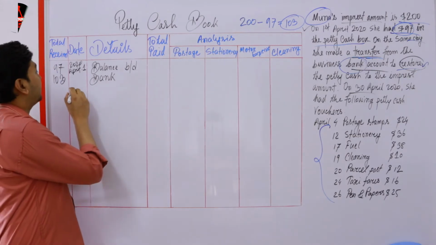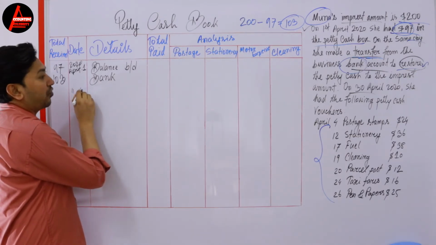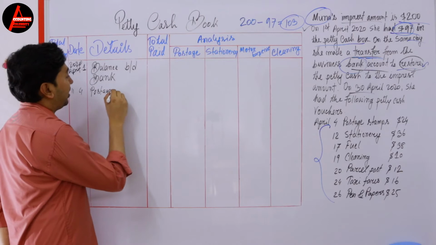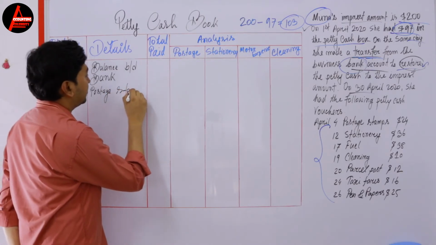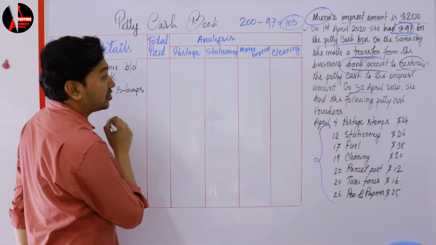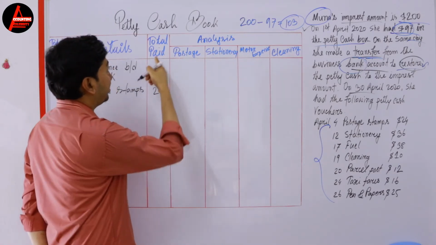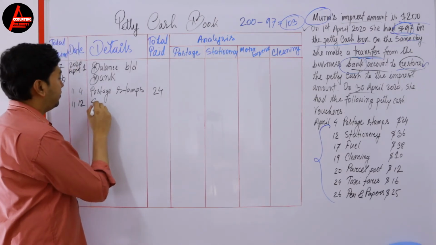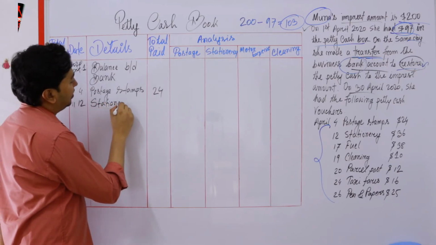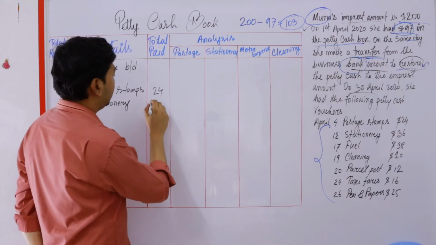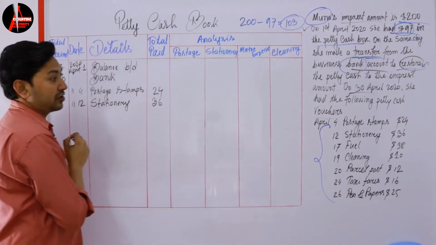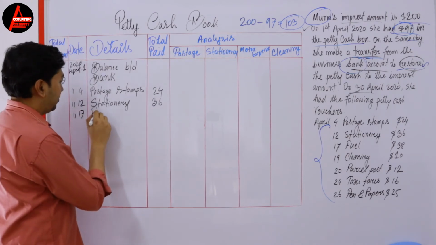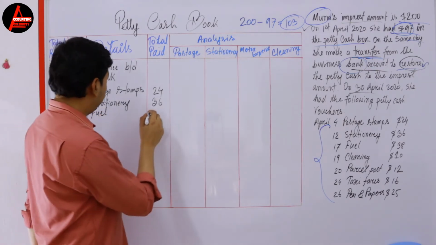Now you need to list all these transactions in the detail column according to the date. So what is the first one? The first one is April 4. What is written? Postage and stamps. How much? $24, written in the paid column. The next one is the 12th. This is stationery. How much? $36. Good. What is the next one? It is April 17, fuel. Write fuel here and write the amount here,